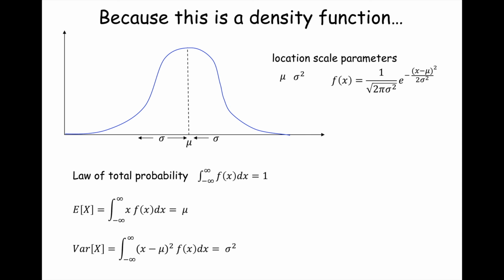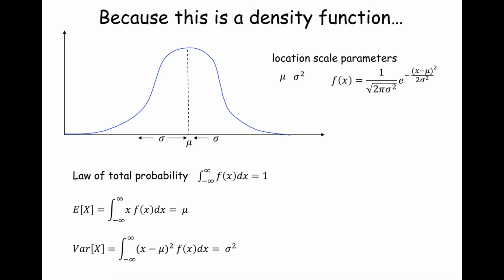So of course, as a density function, it adheres to the law of total probability, and that means that if we take the integral between plus and minus infinity, that equals 1. So what does that mean? For the case of the normal distribution, it is non-zero at plus and minus infinity. Certainly, depending on the standard deviation, it'll go closer to 0 faster or more slowly, but you still take the integral between plus and minus infinity of your density function, dx. So that's the law of total probability. It still follows for every distribution, regardless of whether it's a continuous distribution or discrete distribution.